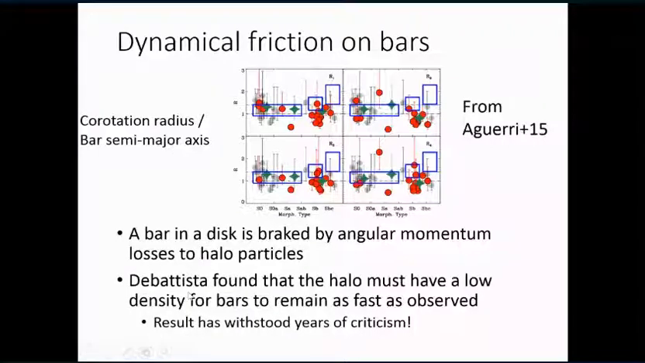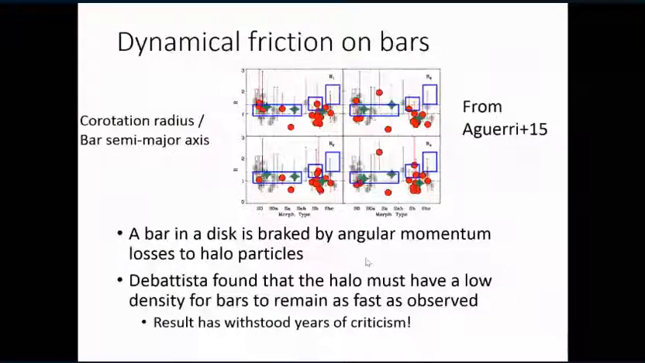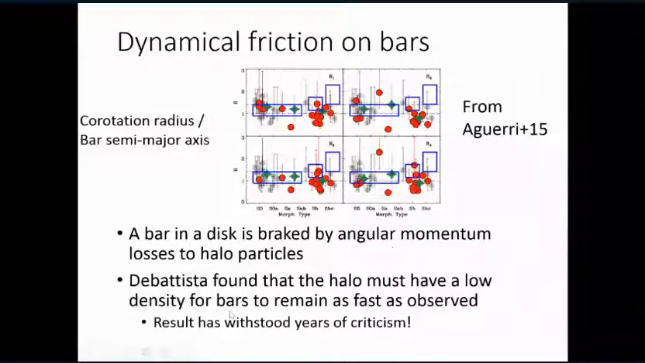So the conclusion from de Battista's thesis was that the halo must have a low density, because if you've got a bar moving effectively through honey, it will slow down rapidly, and the honey must have a very low density and be very inviscid if the bar is going to survive as a fast bar, as we observe from these data and all the other data that have been collected. And this was a very awkward result for the galaxy formation people, because they wanted their halos to have